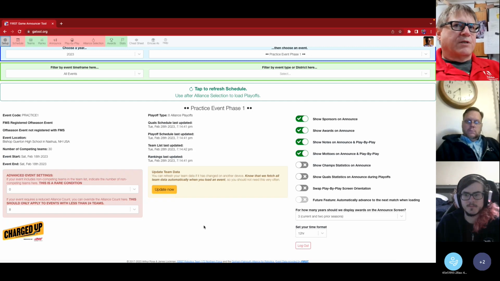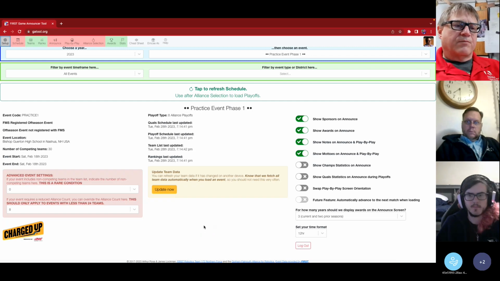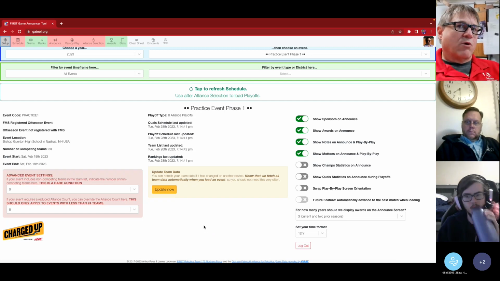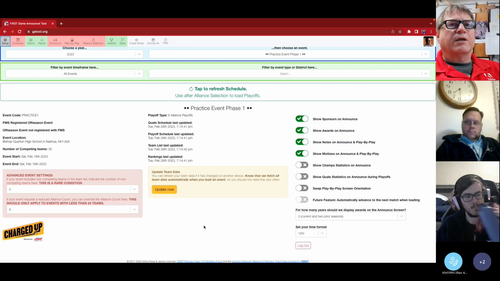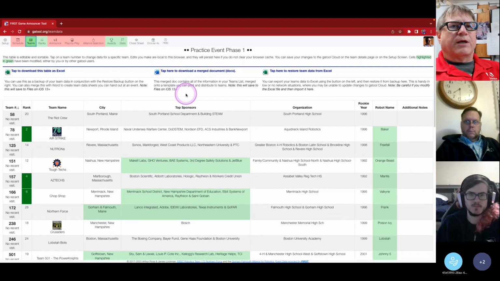A lot of stuff with teams, and we spend a lot of time in the teams table at the beginning of the event. So if you're at a regional, then that day before when the teams are loading in, and in the morning when the practice matches are going on, it's a great opportunity to meet the teams. Now, some folks, we'll go back to the teams table now. Some folks like to